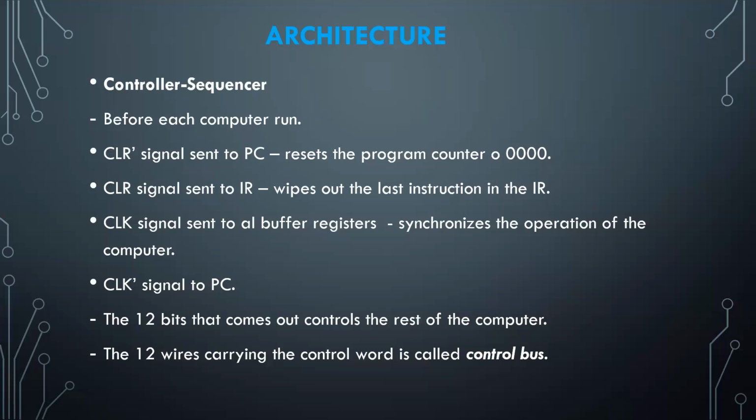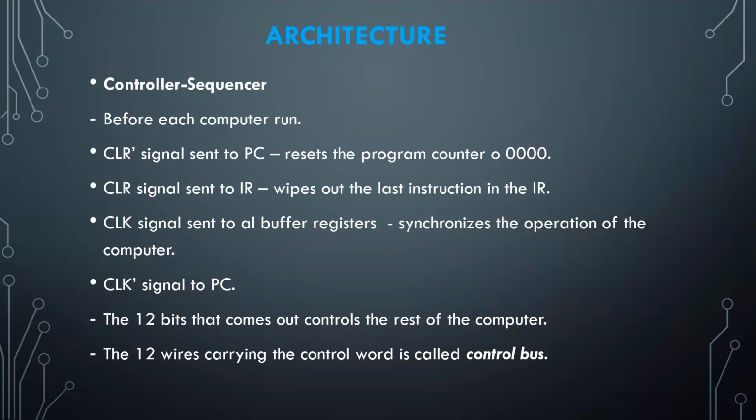The controller sequencer sends out signals that control the computer and make sure things happen only when they are supposed to. The 12-bit output signal from the controller sequencer is called the control word, which determines how the registers will react to the next positive clock edge. It has the following format: